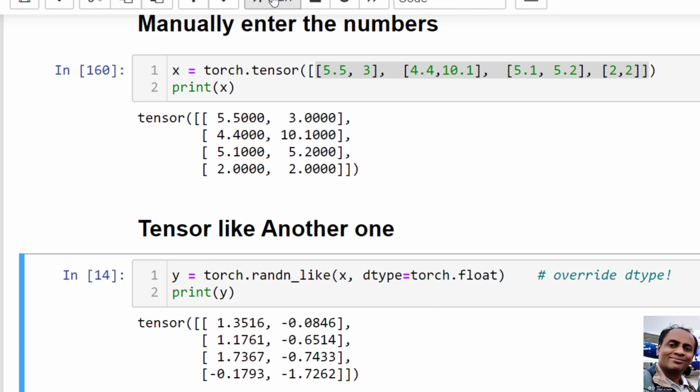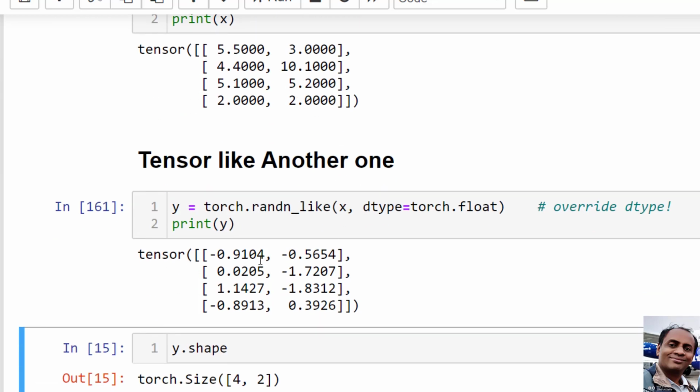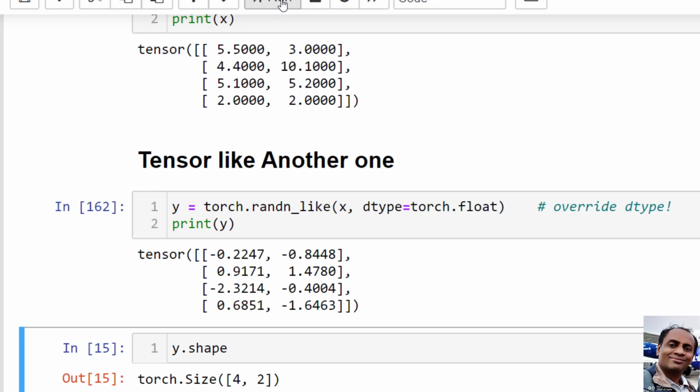Okay, you can also create another tensor like one existing tensor. So here I am creating y like x. So I can mention torch.rand_like(x). Okay, so I want a random tensor y like x. Okay, and this is the data type, which is float, torch.float. Okay, so x has 1, 2, 3, 4 rows and 2 columns, so I'll get y with the same dimensions, 1, 2, 3, 4 rows and 2 columns. Okay, let's go to, oh, that is x, so y should be the same, right?